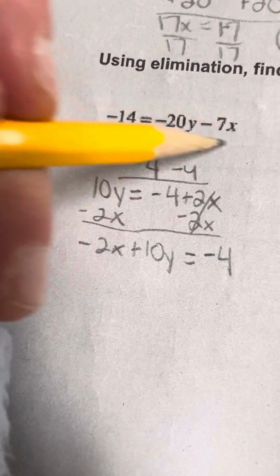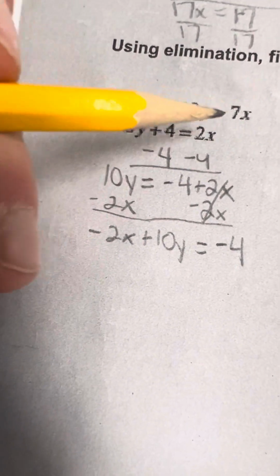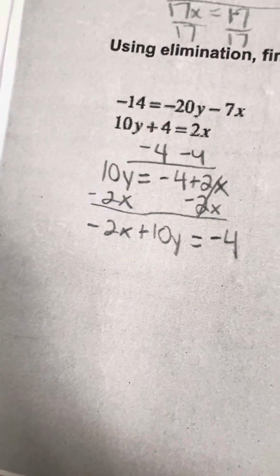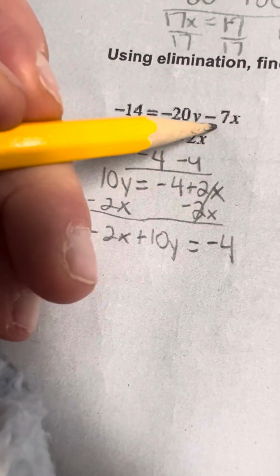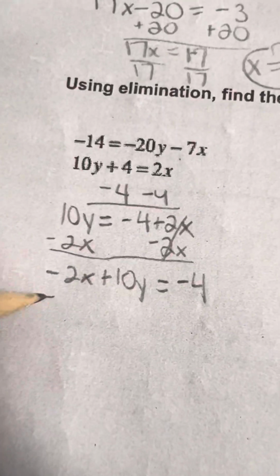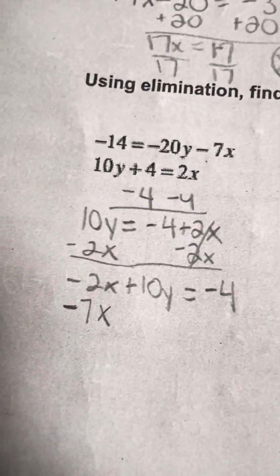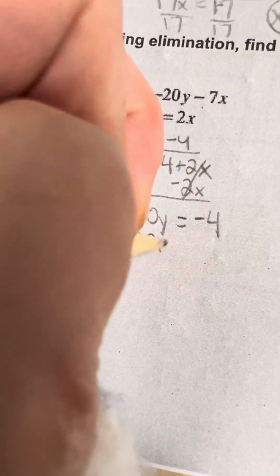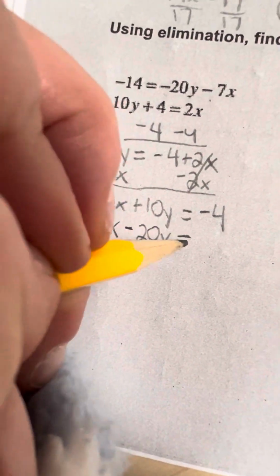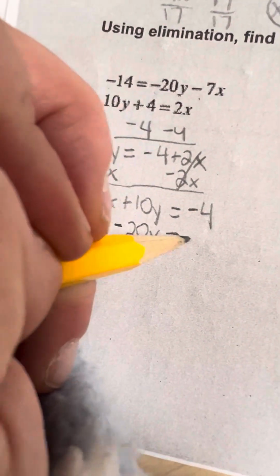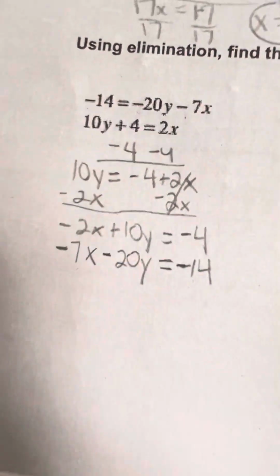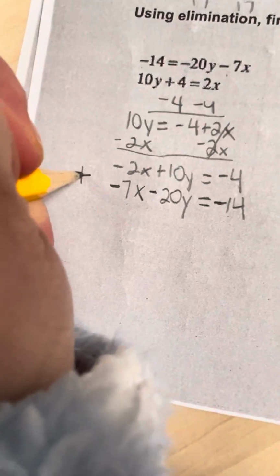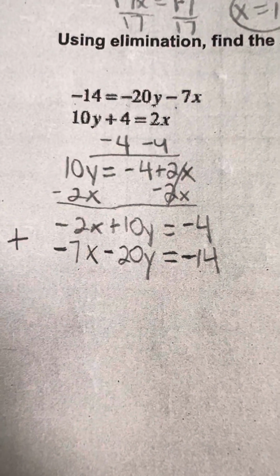Now what I'm going to do is take x's and put them on top of each other, y's and put them on top of each other, and then constants and put them on top of each other. So this is a negative 7x. So I'm going to put the negative in front of the 7x and just put it right here. This is a negative 20y, so I'm going to put that over here underneath the 10y. And then we're going to put the equal sign, and this is a negative 14, so I'm just going to put this right here. So now everything is stacked appropriately. I'm going to put a big plus sign here,